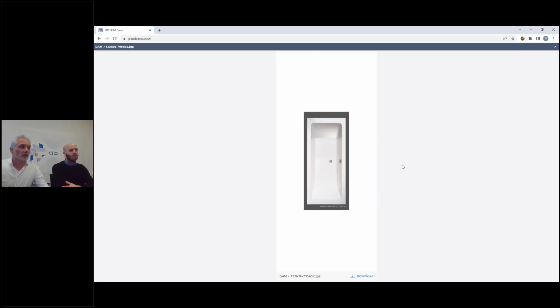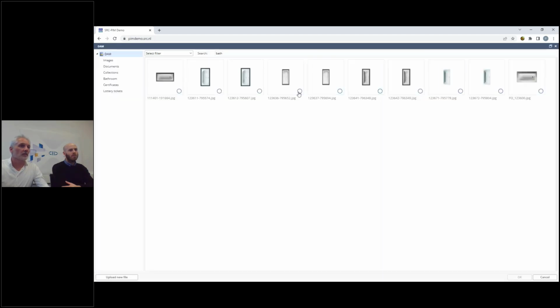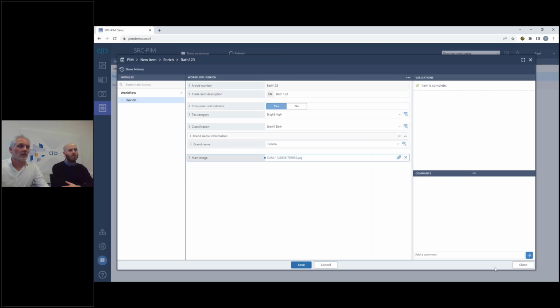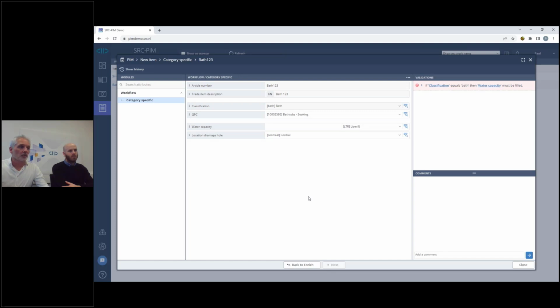Maybe this is the one. Yes, this is the one. I can assign it. And that's now also connected to this specific product. Then this was the first step of enrichment. I click on next. And because I'm responsible for the second step as well, it's automatically opening the second step,